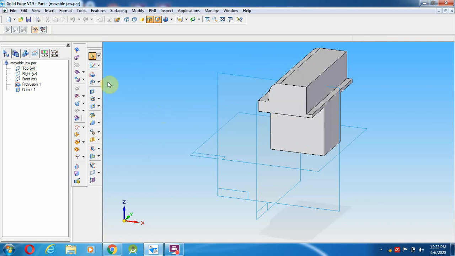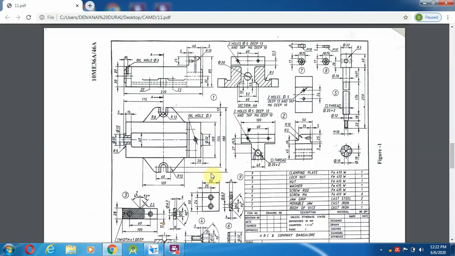Then after saving this, I am going to select the hole option. This hole is called square threaded, 20 into 2. That 2 mm is the pitch, so the threading will be square threaded.